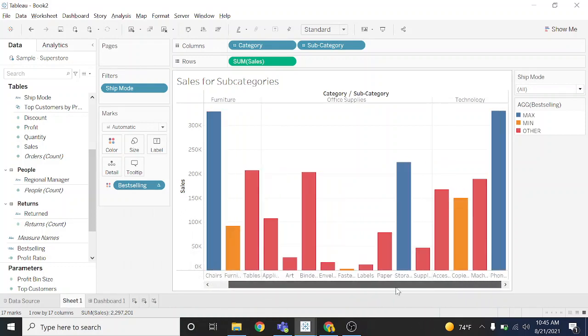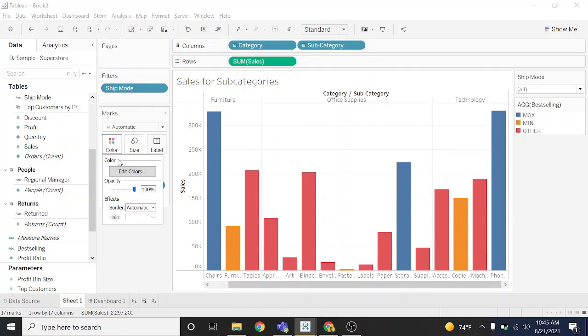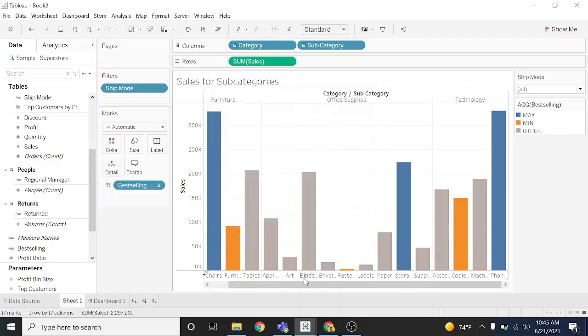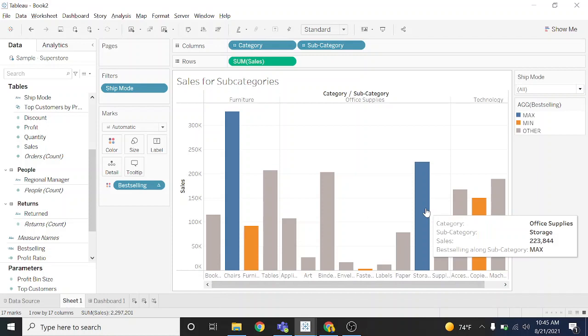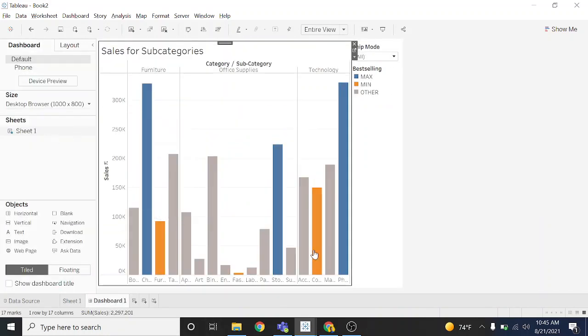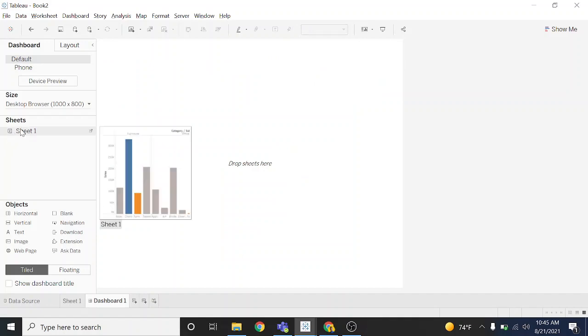You can manipulate this by changing the color. For example, if you go to the color and edit color, you can change it. I want other to be gray. Okay, and just apply this, and I have the other gray. And later on, we go to the dashboard. It's updated. To create the dashboard, it's so easy. It's straightforward. You just need to drag and drop